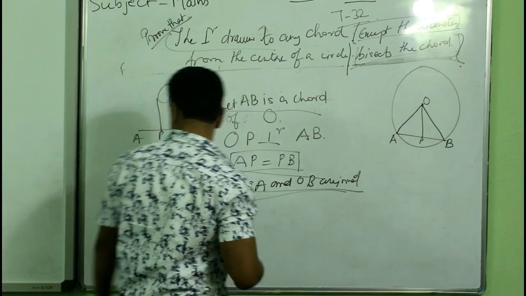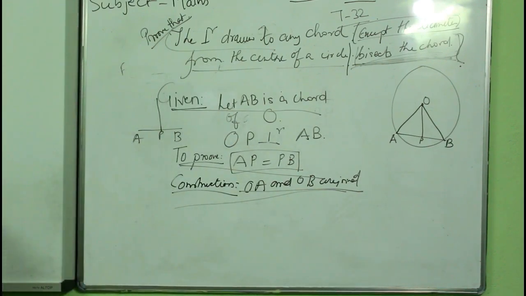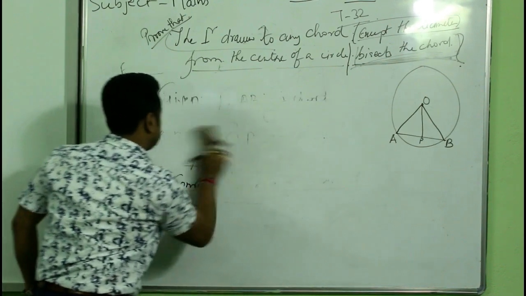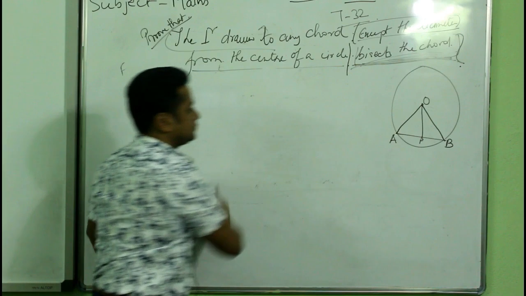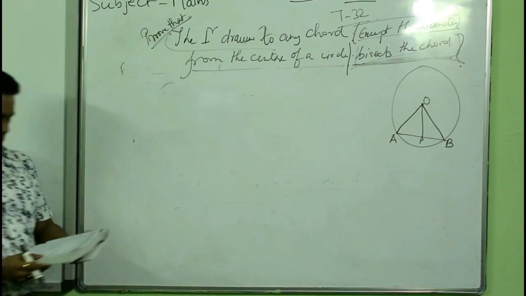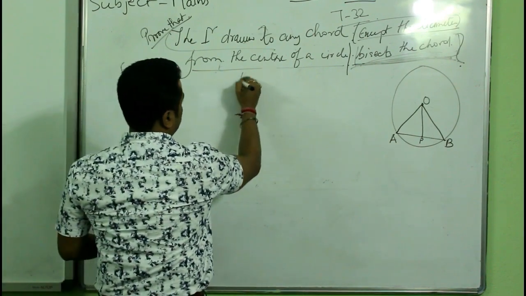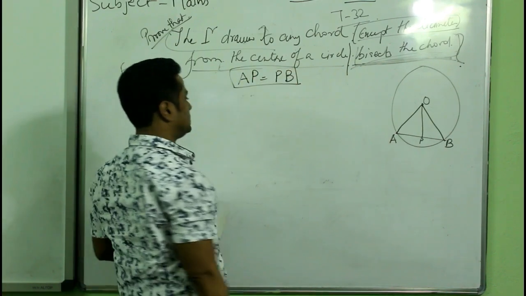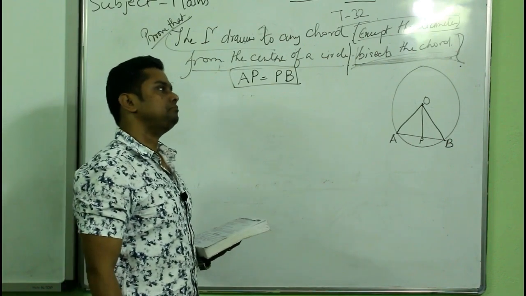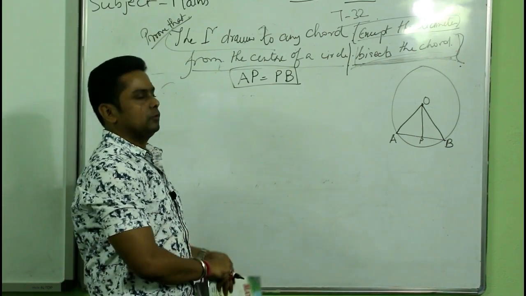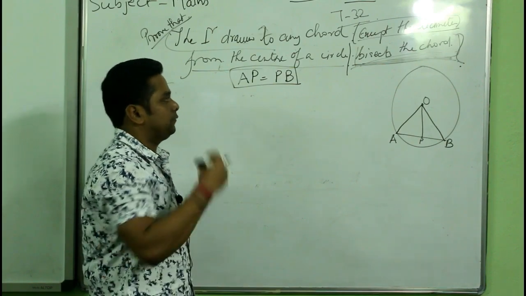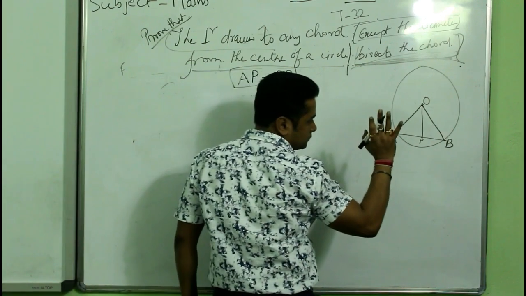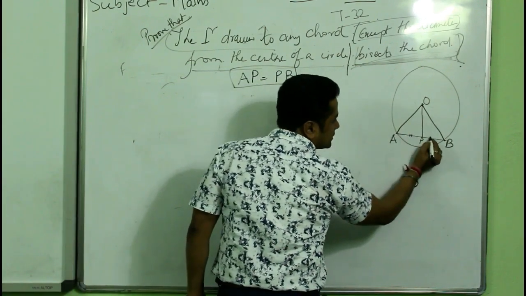Okay. Now, I am rubbing these 3 points. Okay. So I am just writing what we have to prove, beta. We have to prove that AP is equal to PB. This is the proving factor. Now, how to prove? Suppose the day is the exam, you have sat and you have forgotten this theorem. Now, we have to just come to this diagram. We have to prove that AP is equal to PB.